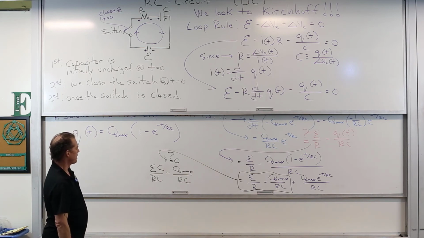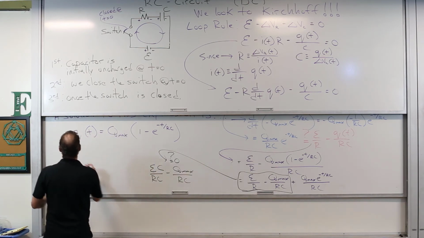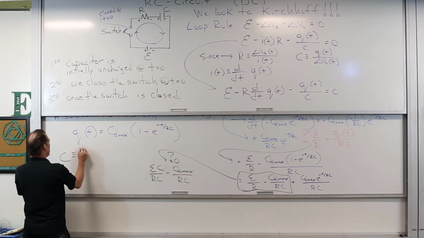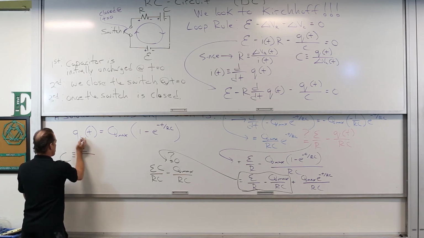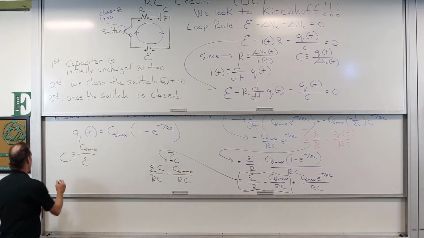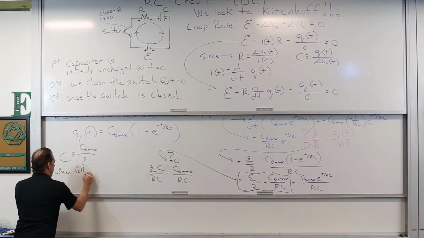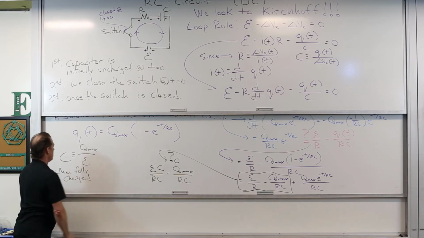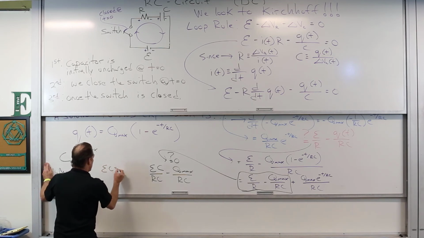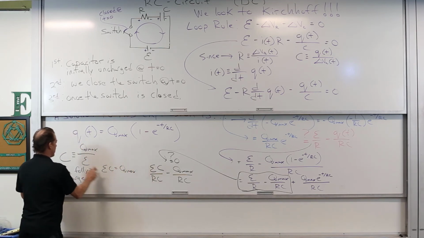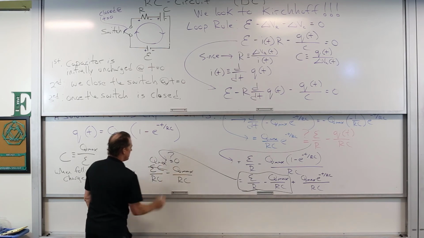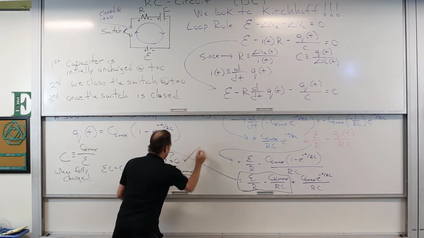Common denominator, then it's a matter of, well, what's E times C? Well, let's go to the definition of capacitance. When fully charged, capacitance is going to be equal to Q max divided by the source potential. So what does that mean? Well, it means that E times C is equal to Q max, which means that this is Q max minus Q max, which means that this is equal to 0,